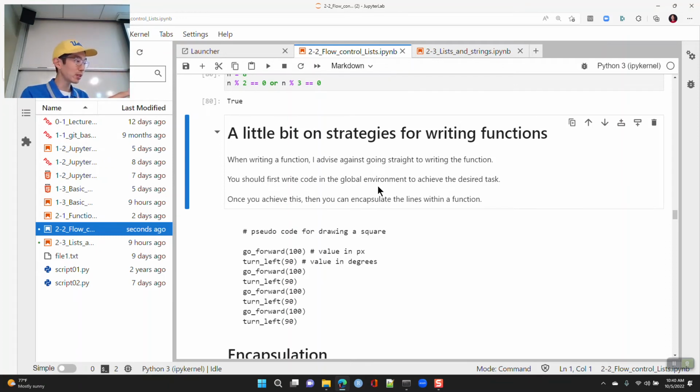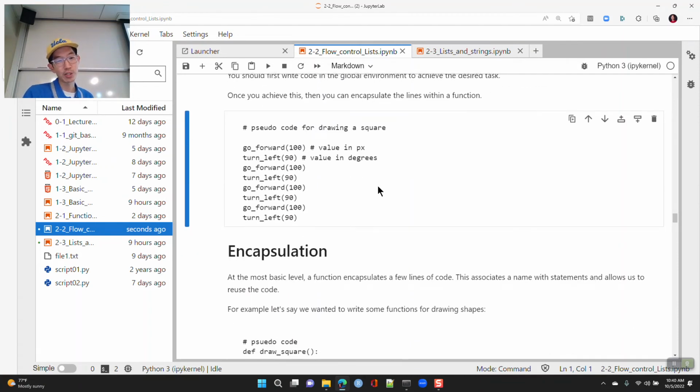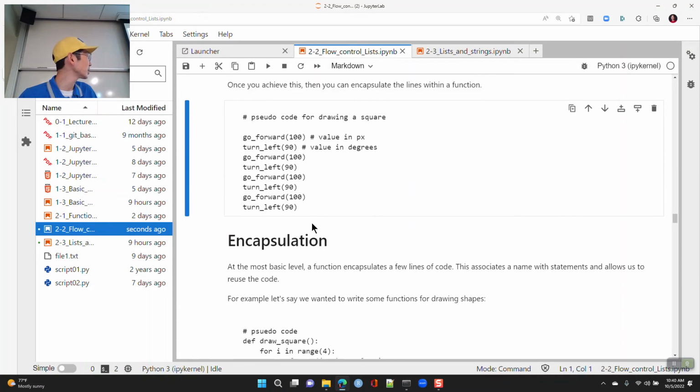you wrap the function around it, encapsulate the lines within a function. So here's some pseudocode. If you want to draw a square, just try this out in the global environment: go forward, turn left, go forward, turn left, go forward, turn left, go forward, and maybe turn left again. And then once you say, okay, this is working, then you could wrap that up inside a function